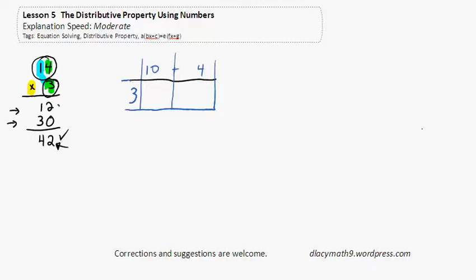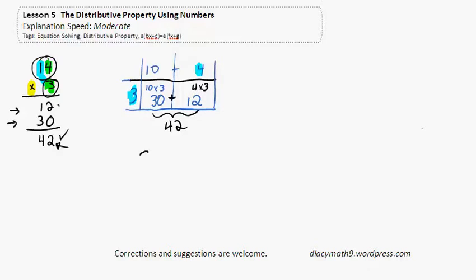One of them is 10 times 3, and the other one is right here in the middle. It is 4 times 3. Of course, 10 times 3 is 30. That's not the point. 4 times 3 is 12. What we have is an understanding that the answer, which is 42,